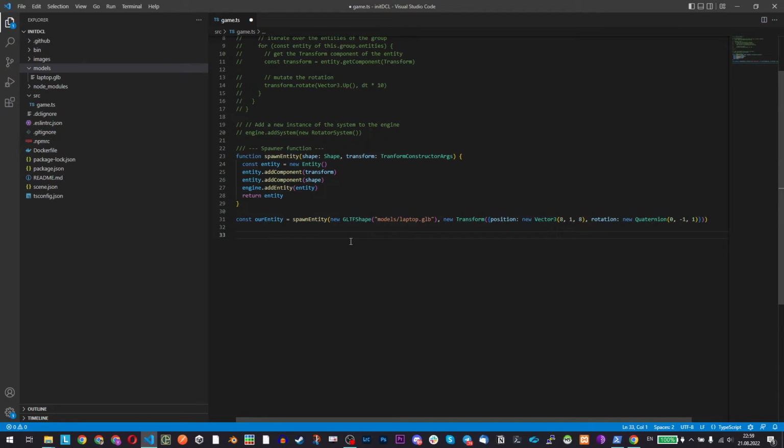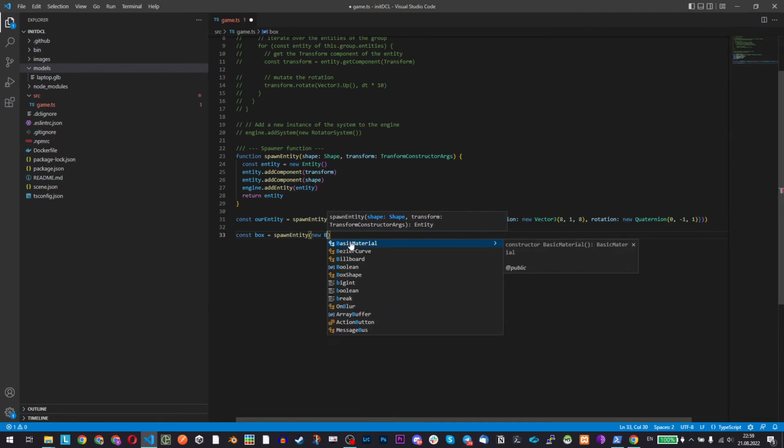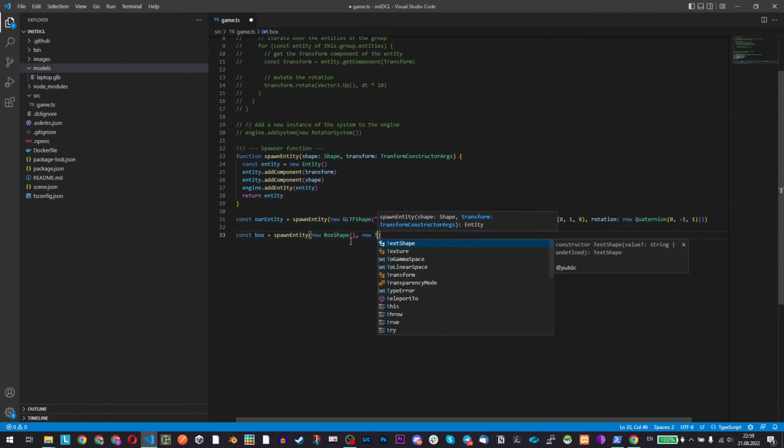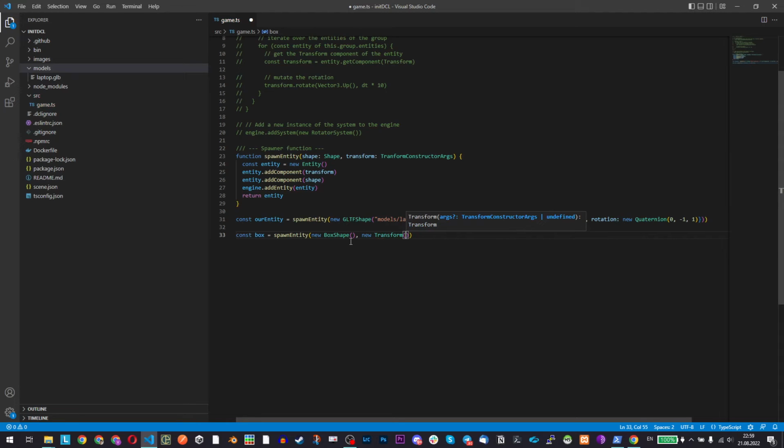So if you want to create a box, so again we do spawn and new box shape and new transform. Position,